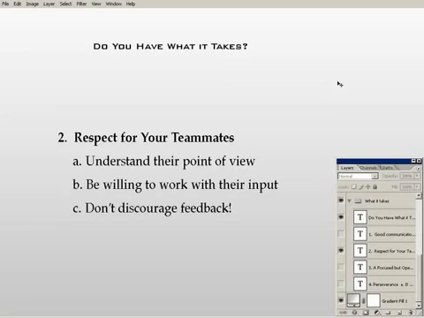Nobody on your team wants to frustrate you. They want to work with you. They want to have a positive kind of environment. And if by trying to guide you along the way, or maybe by telling you that they don't like this idea or that idea, they notice that you're starting to get frustrated and that you don't like that, they will stop doing it. And that's the last thing you want, because you need that feedback coming in. So always be gracious in receiving any kind of feedback, positive or negative.